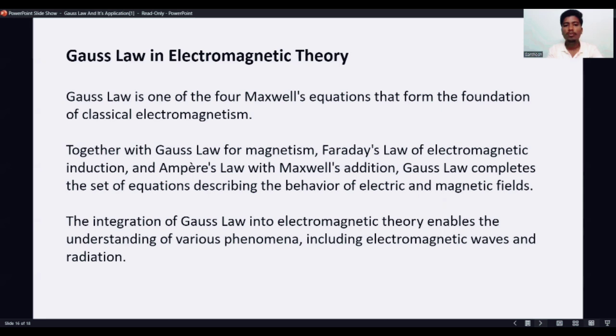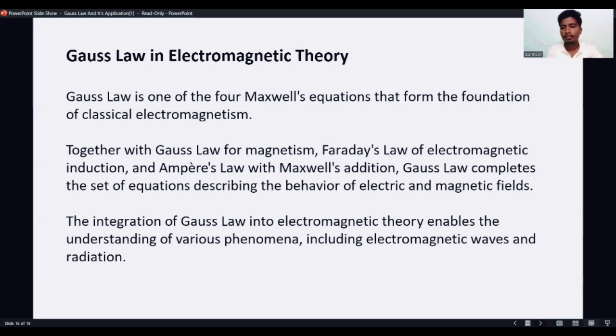And Gauss law in electromagnetic theory. Gauss law is one of the four Maxwell's equations that form the foundation of classical electromagnetism. Together with Gauss law for magnetism, Faraday's law of electromagnetic induction, and Ampere's law with Maxwell's addition, Gauss law completes the set of equations describing the behavior of electric and magnetic fields. And finally, the integration of Gauss law into electromagnetic theory enables the understanding of various phenomena, including electromagnetic waves